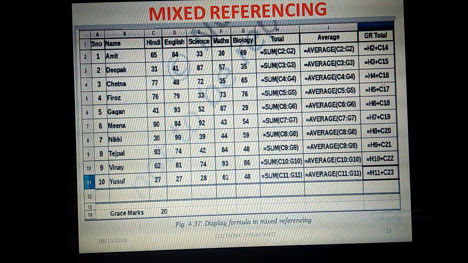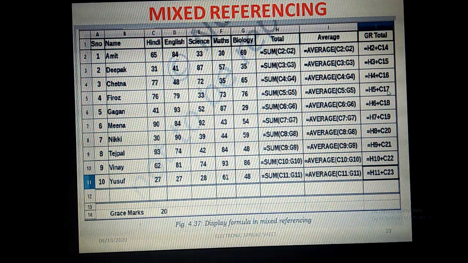So vertically, when you are copying the same formula using the relative referencing method, row numbers are going to be updated here. So this will not give the correct answer, because C15, C16, C17 and the rest will not have the value 20. So this formula will not have any effect when you are using the relative referencing method.